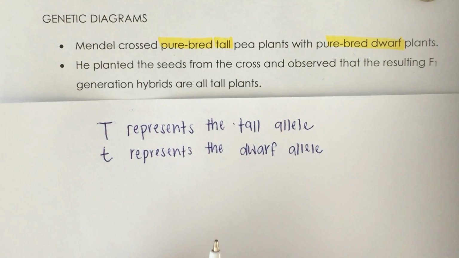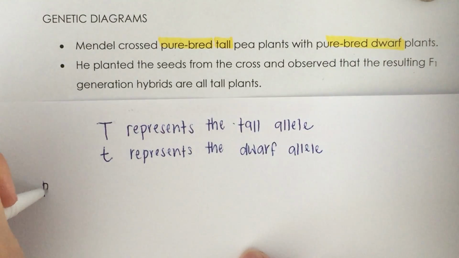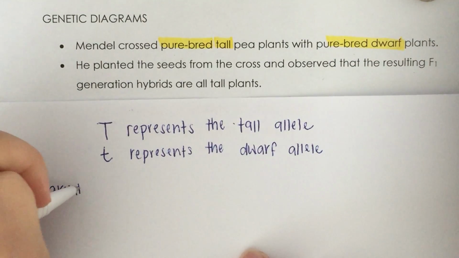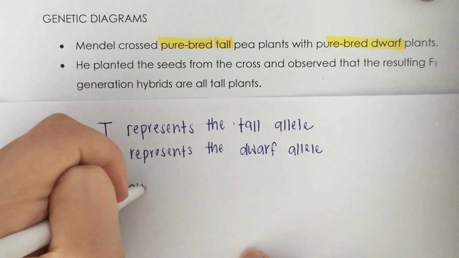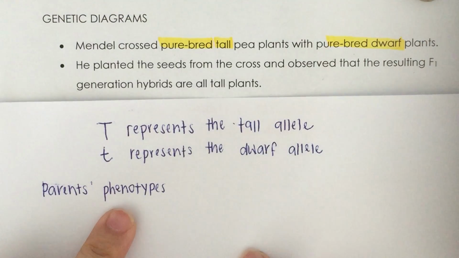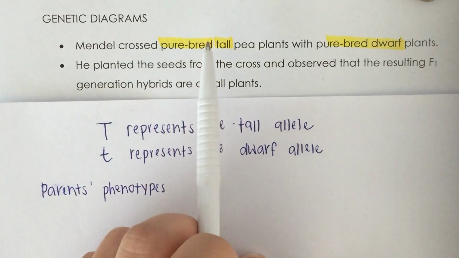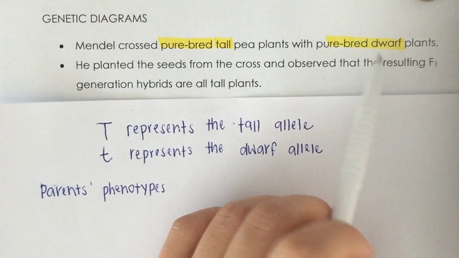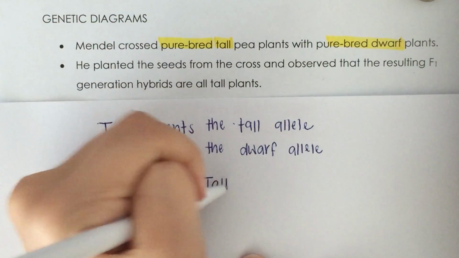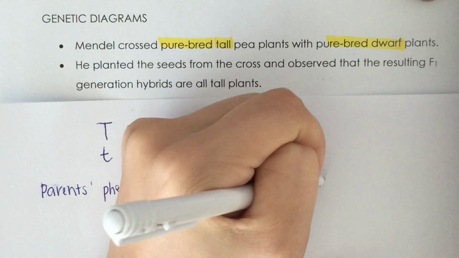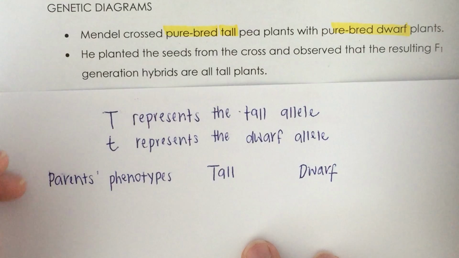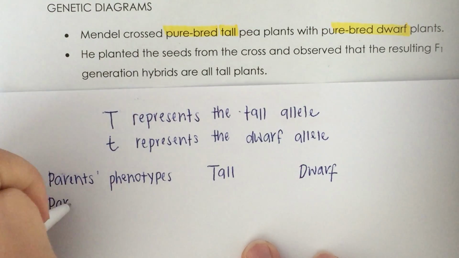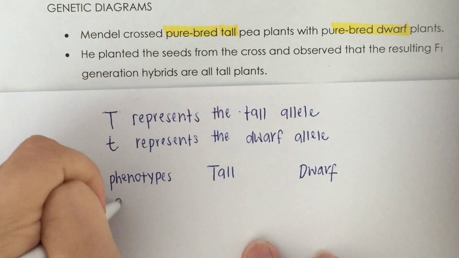So for a genetic diagram, you need to include the headings. So we start with the parents' phenotype, the physical appearance. So in this case, we have tall and we have dwarf. And then you include the parents' genotype, the genetic makeup,